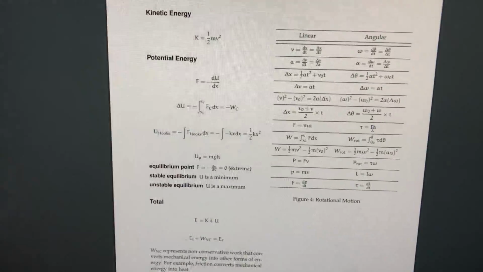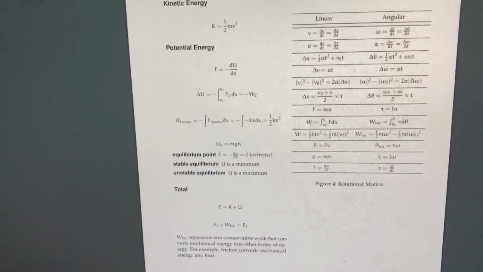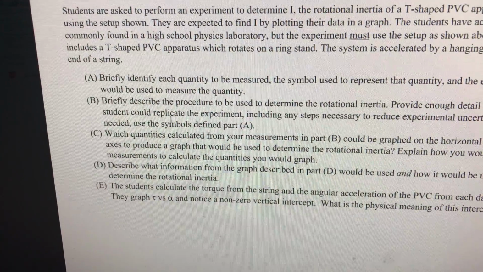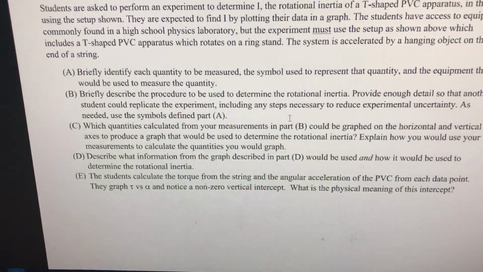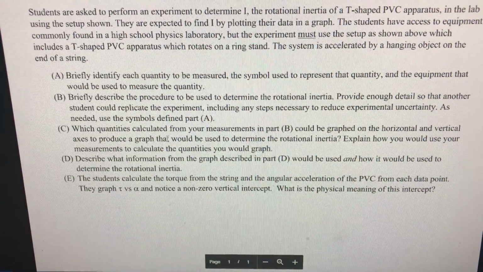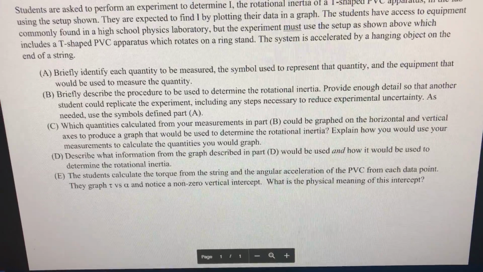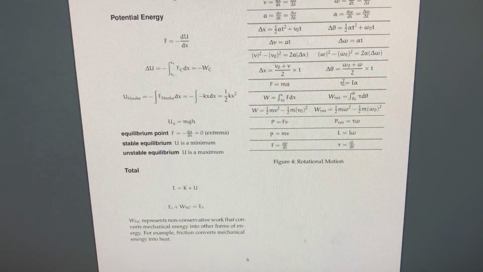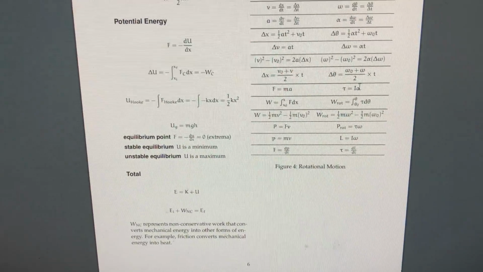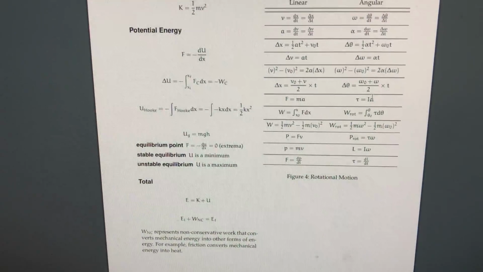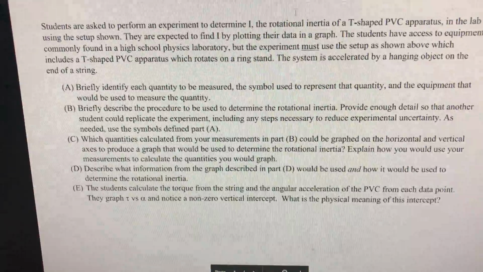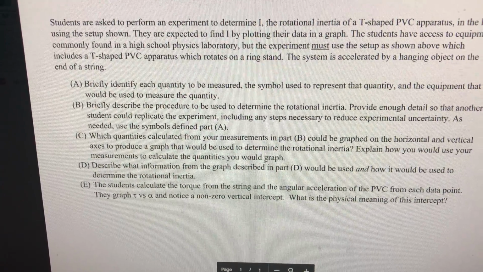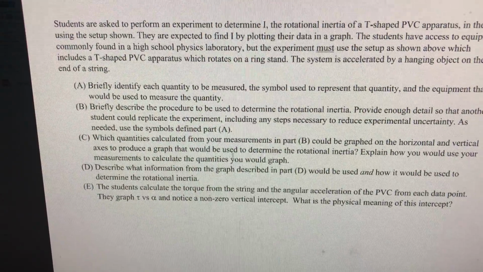However, if we just drop, and this kind of gets into part C. Which quantities calculated from measurements in part B should be graphed on the horizontal and vertical axes? Great, well, we've determined so far, okay, I think we want torque and acceleration. So torque on the y-axis, angular acceleration alpha on the x-axis. Great, everything's cool. Explain how you would use measurements. Now this part, right? Explain how you would actually get,